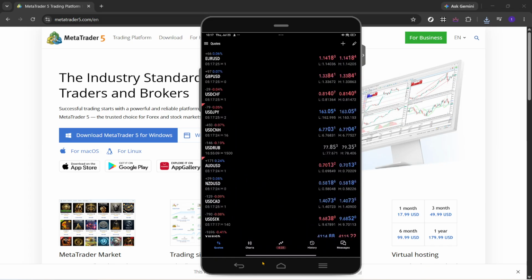On MT5 Mobile, you generally can't change the leverage on an account that has already been created. Instead, if you want a different leverage setting, you'll need to create a new account and choose the leverage during that setup process. Keeping that in mind will help this process make a lot more sense as you move through